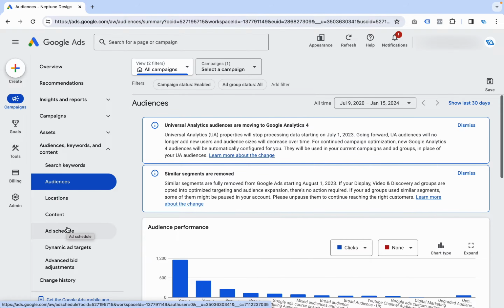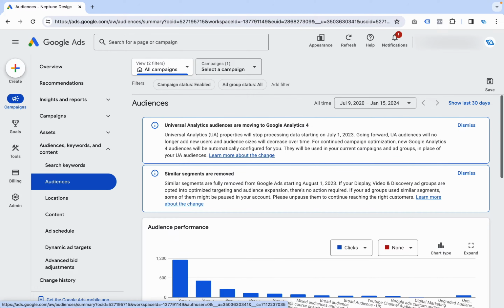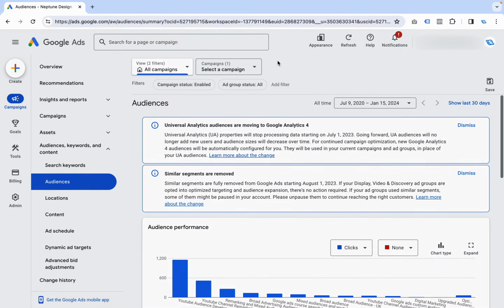Now, for the next tab, this is the one that's going to be right on top, and I'm going to color this in purple. We're going to call this the filters tab. So first thing I want you to notice is, yes, you can search for certain things like I showed you before in the video. And also, number 2, you can switch between the new design and the old design. So if you prefer the old design, all you need to do is click on appearance, click on use previous design, and you'll go back to the old design. Now there's another cool thing I want to show you.